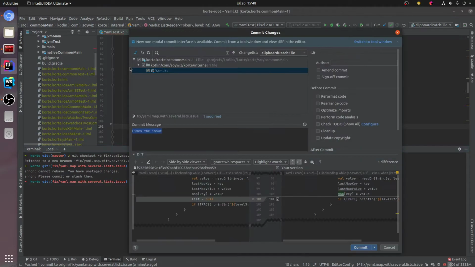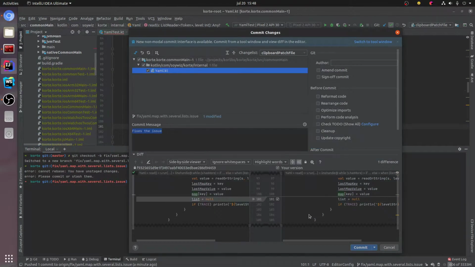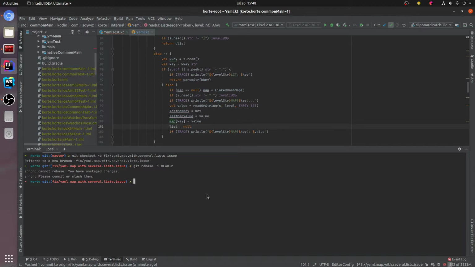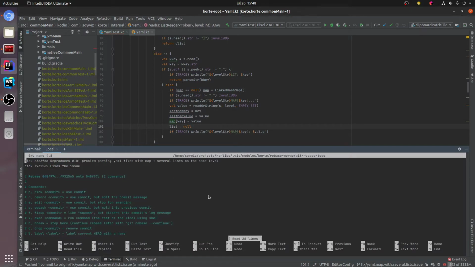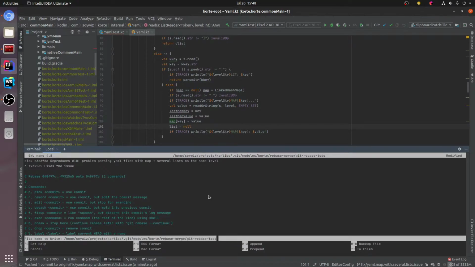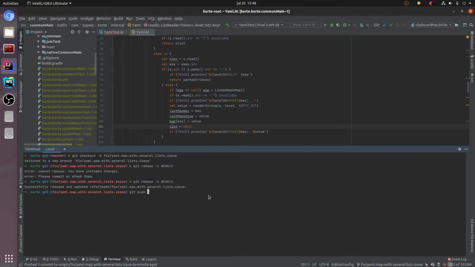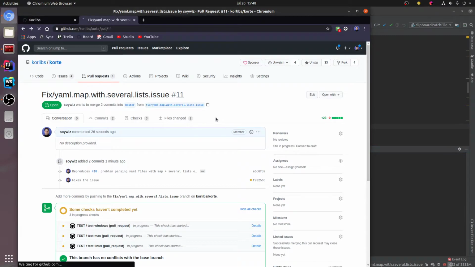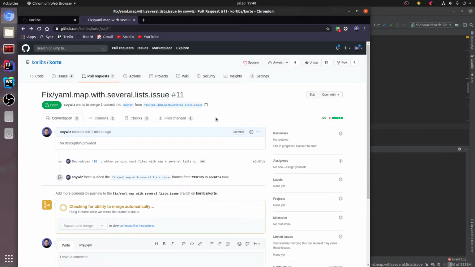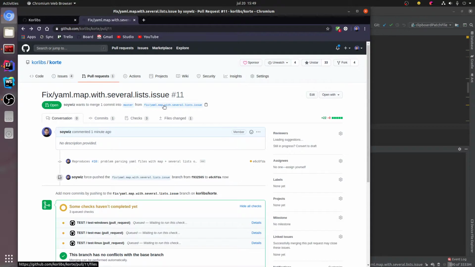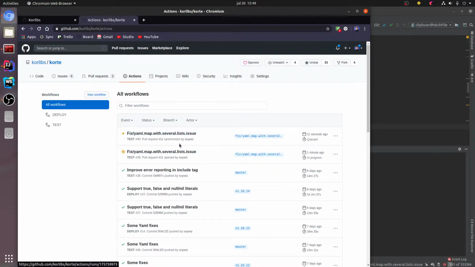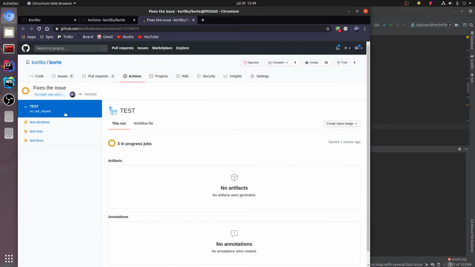I'm going to roll back this, I'm going to rebase this and drop the commit that fixes the issue. I'm going to push force, and now I'm going to wait for the circle to appear here. Yeah, now it's running. I'm going to cancel this one, the previous one,